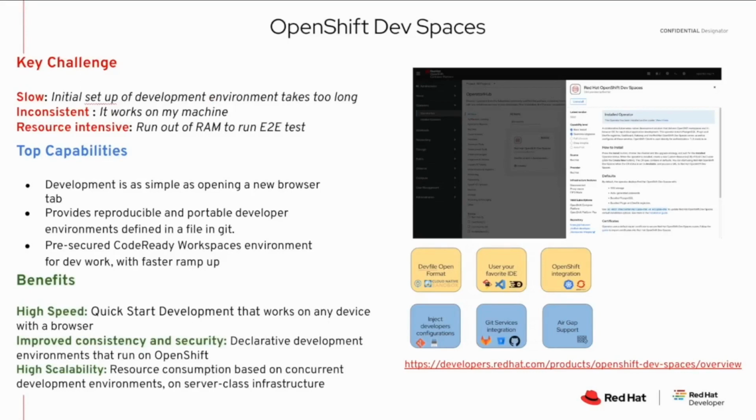So as I mentioned, the inner loop is around, you have an idea and now you want to start coding, you want to set up a developer environment. We are pretty familiar. Typically what ends up happening is we set up the development environment on our own local machines, on our laptops. We have to get the whole end-to-end flow set up of the runtimes and the objects, the programming language stacks and everything, and then you can start coding.